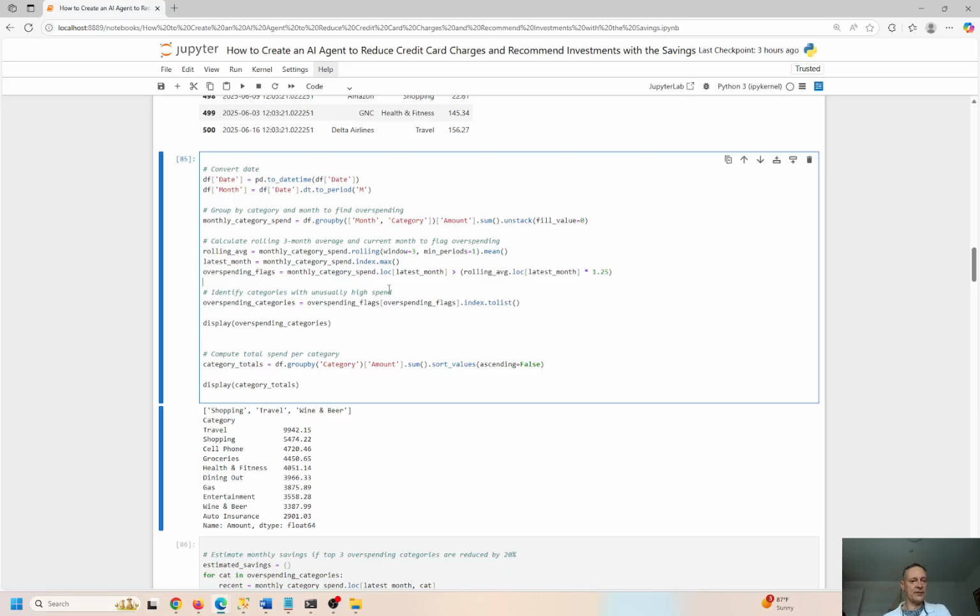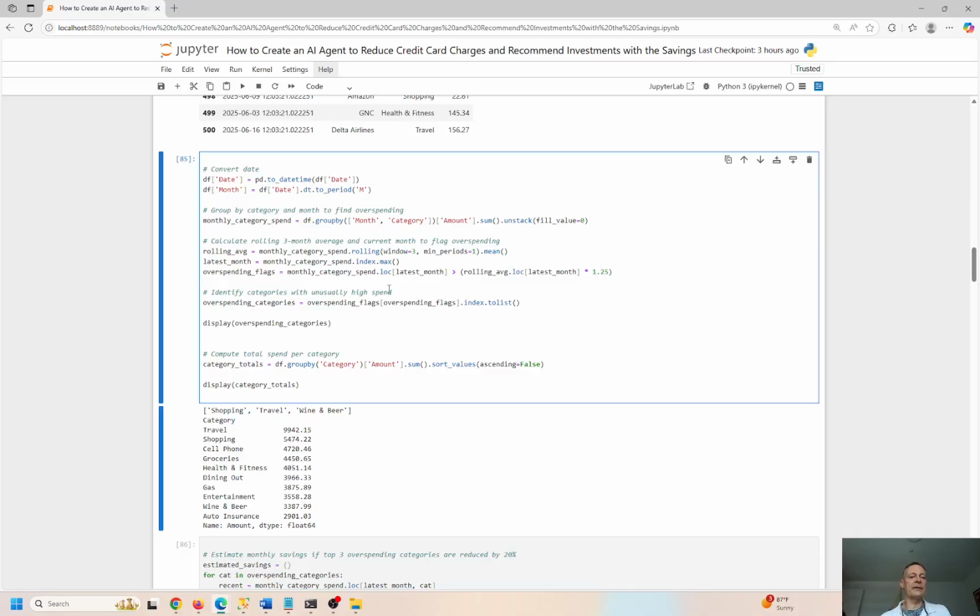Hopefully, no major questions. If you have to hit the pause button and do some Googling for some of these terms, by all means, do that. I'm going to share all this code with you guys so you have everything you need to copy and paste into your own Jupyter Notebook environment and run this analysis for yourself, right? So I'll share the code with you when I share the video a little bit later today.